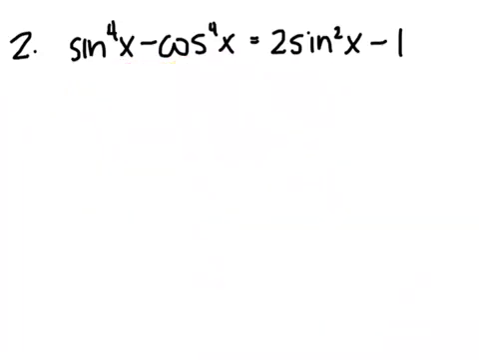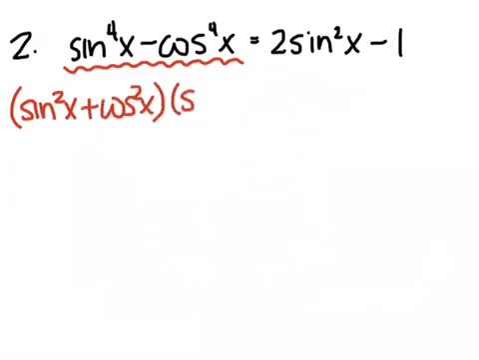With trig identities, we always want to start with the more complicated side because that's the side where there's more to do. On this one, the left side is more complicated, I would say, because we have sine to the fourth power. So that is a difference of squares, and that will factor to